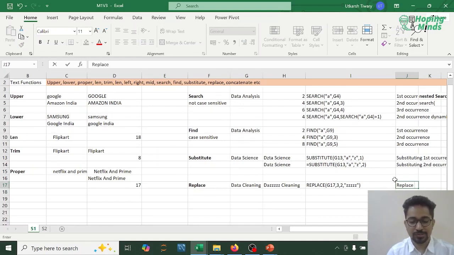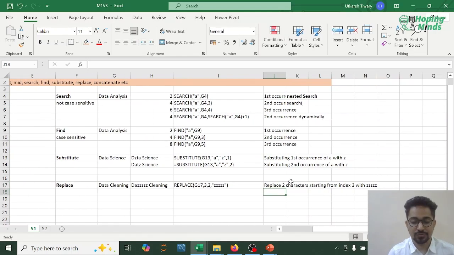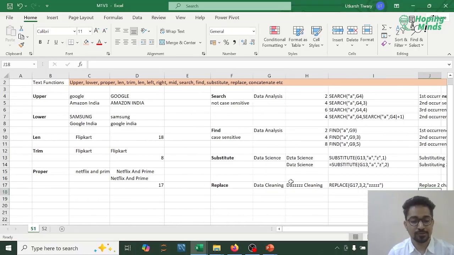What am I going to replace? I'm simply going to replace, let's say, 2 characters starting from index 3 with 5 repetitions of Z. All right, this is what we have mentioned over here. So guys, these are the basic functions that we have discussed: upper, lower, proper, length, trim,